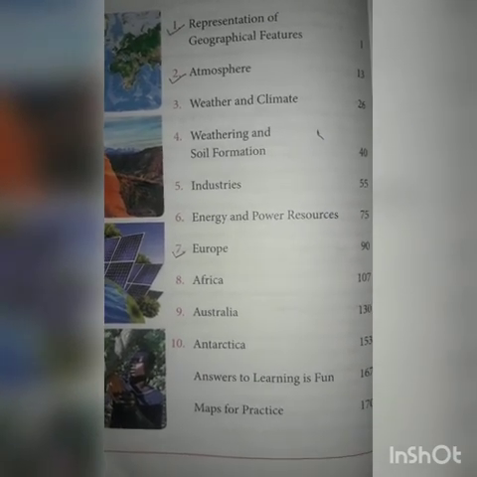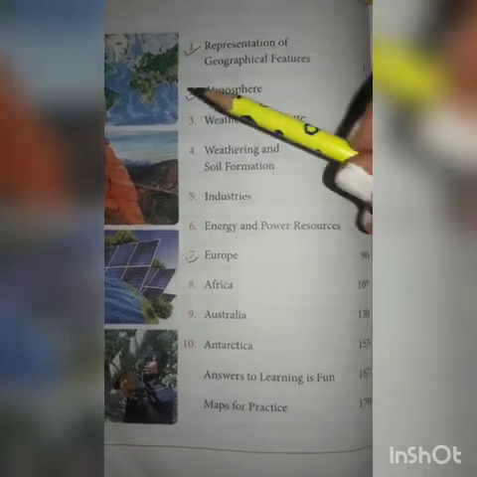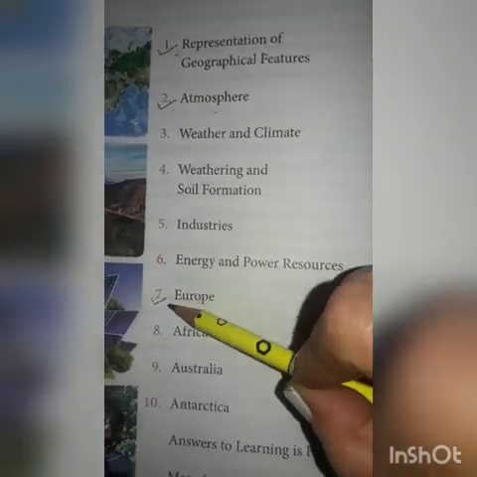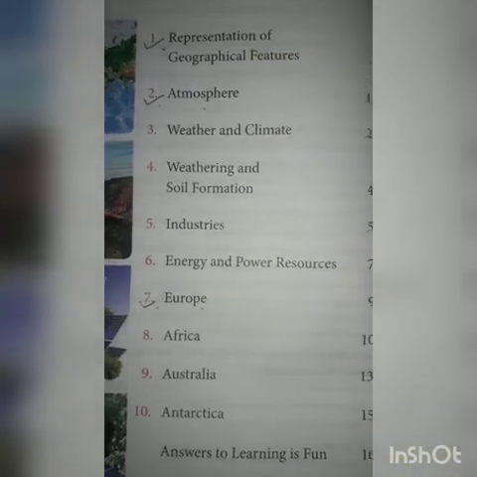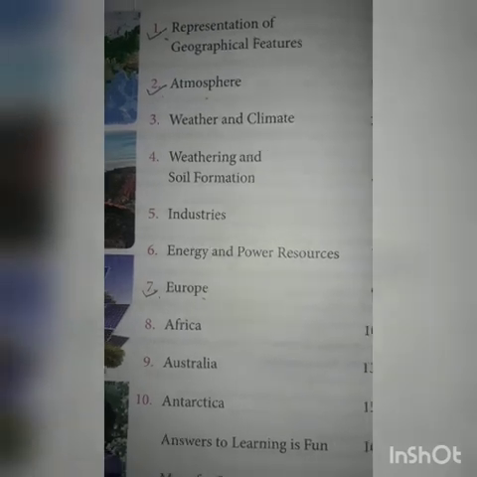The first term syllabus is the first chapter, just mark it in your book. Second chapter, atmosphere. Third will be seventh, Europe. Just mark the chapters in your book for the first term. Next, we'll begin with the